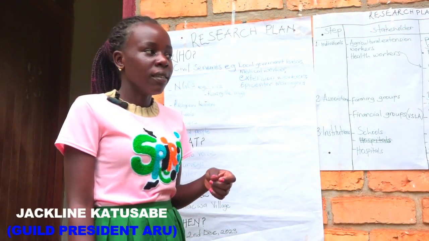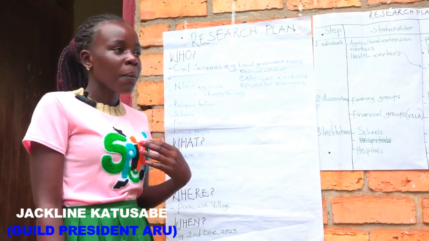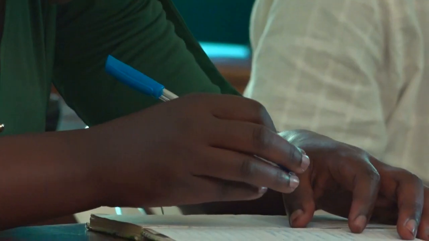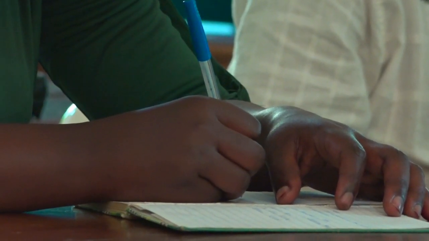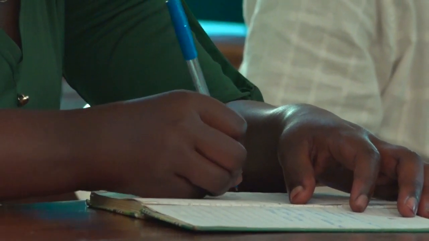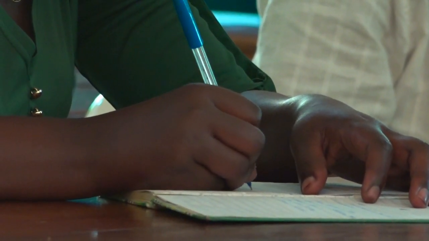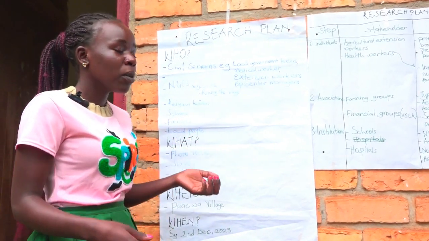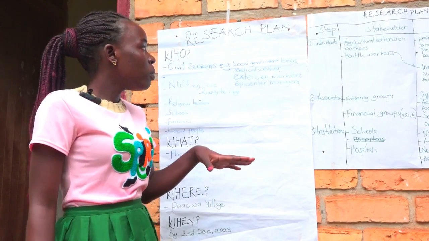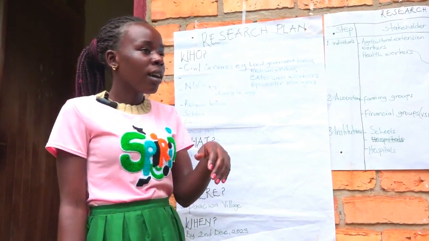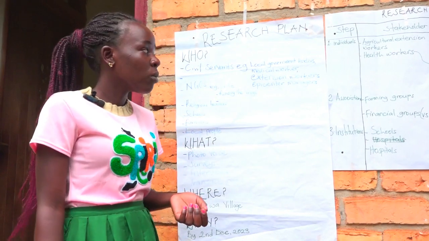We started with developing a research question. So we finished a research question. Then after we developed a research question, we did asset mapping to identify which assets we have in the community, and those assets will help us to address the research question developed. After developing the research question and doing asset mapping, which was done yesterday, today we've been developing a research plan. A research plan we are going to use while addressing the research question we developed.